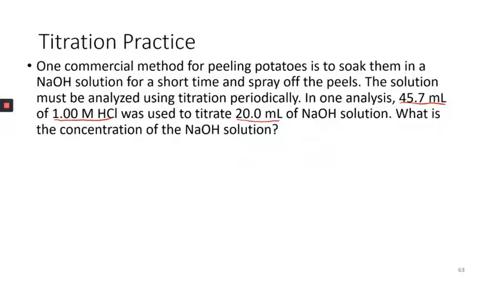So the first thing we need to do is use our volume and our molarity of our acid to figure out how many moles. But actually, the really first thing we need to do is write and balance the equation. So we have HCl plus NaOH, and both of these are aqueous. Here's water, which is a liquid, and sodium chloride, which is also aqueous. So now we're going to take